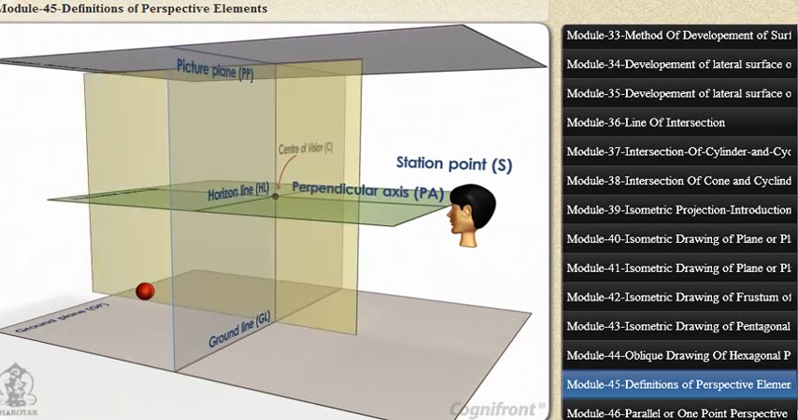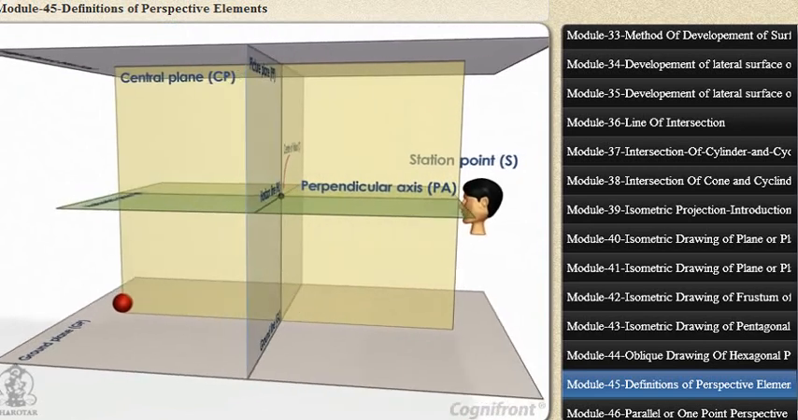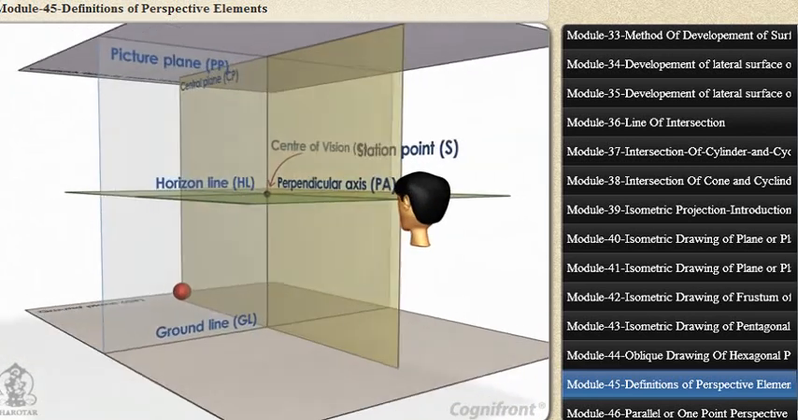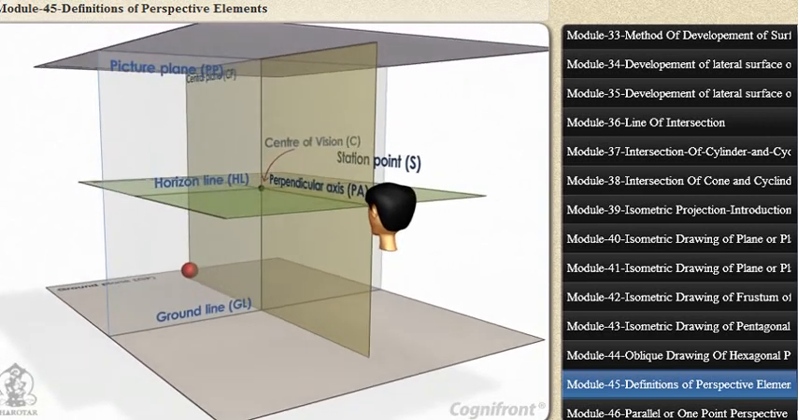Central plane CP. It is an imaginary vertical plane which passes through the station point and the center of vision. It contains the perpendicular axis. It is perpendicular to both the picture plane and